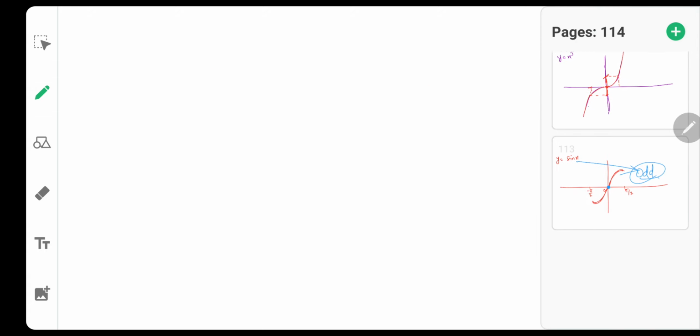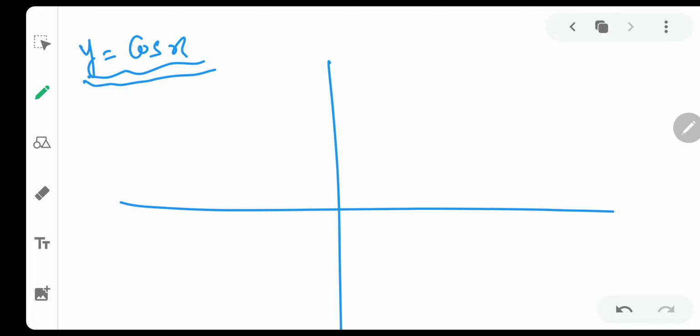Very well. Okay, now my again another personal favorite. Now you will say, sir, how many personal favorites you have? So many. Okay, now I will draw this graph, let us say cos x I am drawing, again from pi by 2 to minus pi by 2. That is pretty likable. Okay, so the graph goes like this, boss. Something like this and then something like this. This is how the graph looks like.